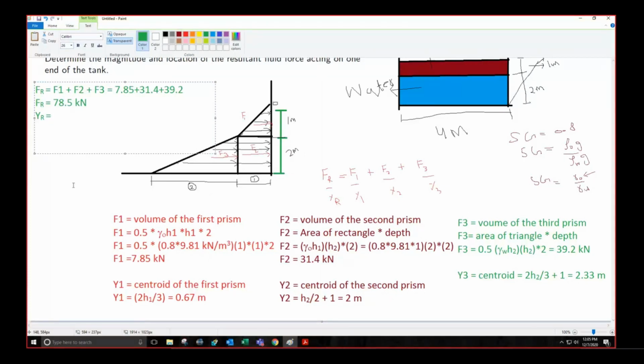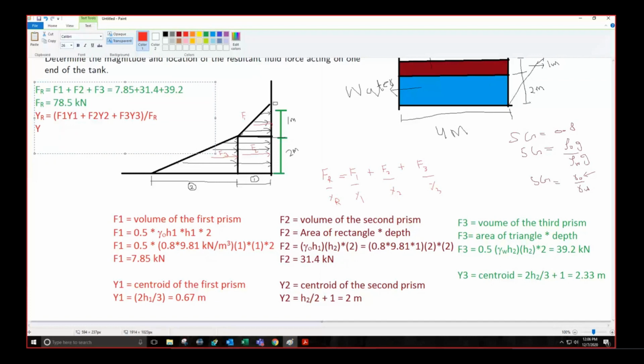ऐसे ही है? So I'm writing F1 Y1 plus F2 Y2 plus F3 Y3 divided by FR. ठीक है? फॉर्मूला ठीक लिख दिया मैंने? ठीक है फॉर्मूला, इसको मैं ऑरेंज कलर में हाईलाइट कर रहा हूँ यहाँ, लेट्स से किसी डार्क कलर में कर दें ताकि नजर आए। रेड में हाईलाइट किया इसको। ये फॉर्मूला क्लियर है? जी सर, समझ में आ गई है।